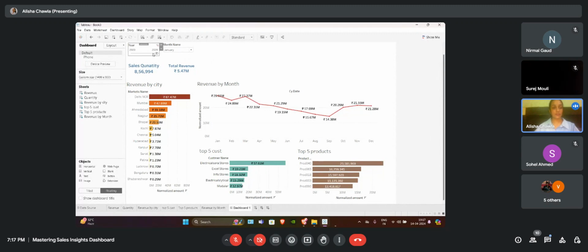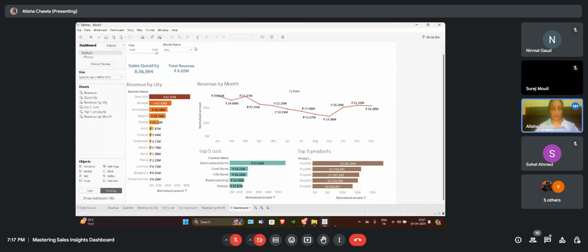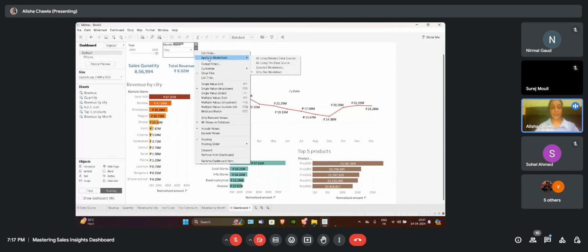Now whenever we click on something, it will not change anything right now except the total revenue, because we have applied these filters to the total revenue only. To apply this filter on all the charts, click on the drop down here, apply to worksheets, all using related data source.